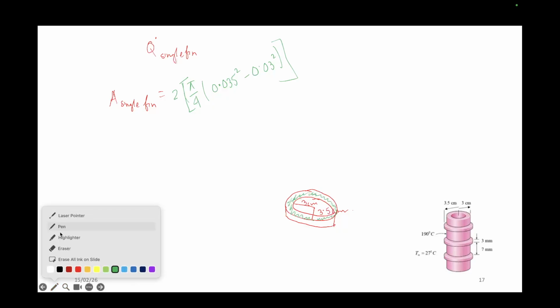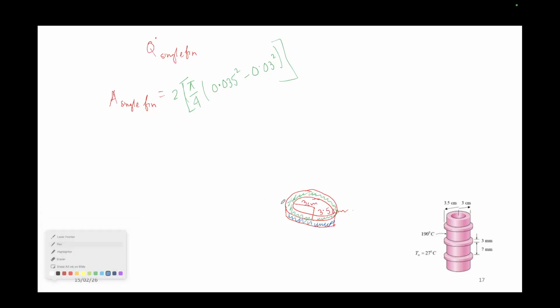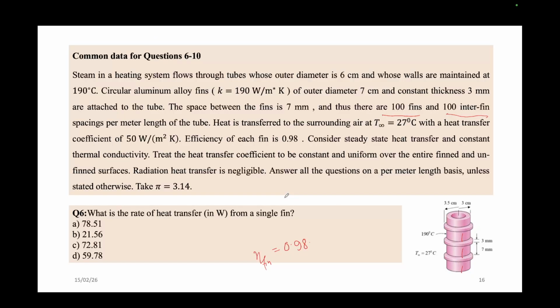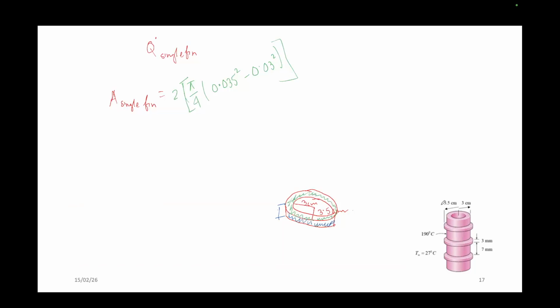Next, the heat convection can also be happening from this edge. That means this surface from the blue line, right? So for this, what will be the area? This is like a cylinder. In the question it is given, let us check, 3 mm. So it is 3 mm. So it should be your pi into